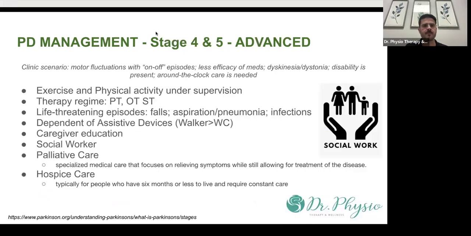Okay. Stage 4 and stage 5 are the ones that are more advanced. So the clinical scenario at this stage is that there are some motor fluctuations, meaning you have episodes when you move well, you feel good, and episodes when you feel worse. The medications are not working as before, right? Like the honeymoon of the medications has ended, and now you present a little more side effects of medications,